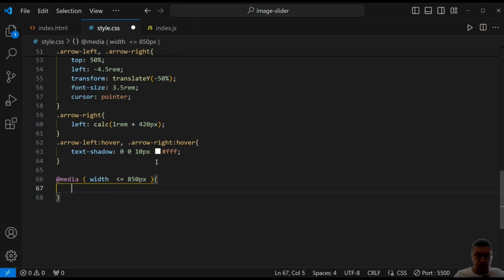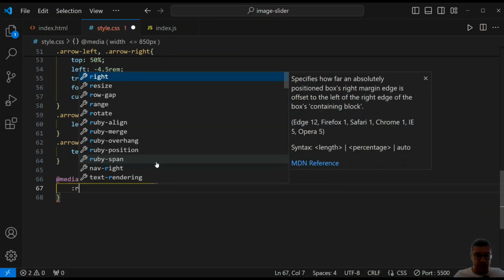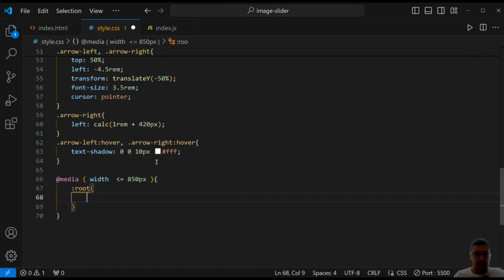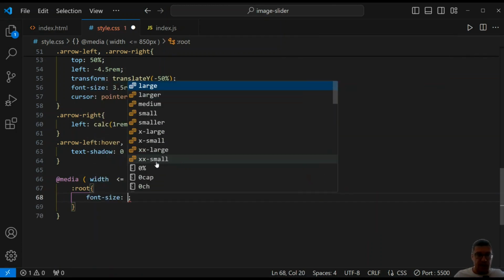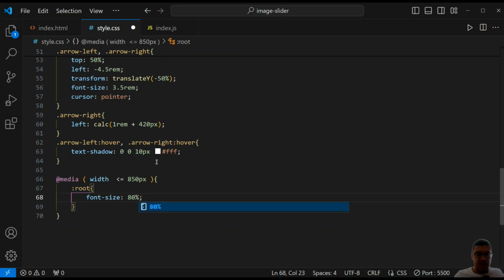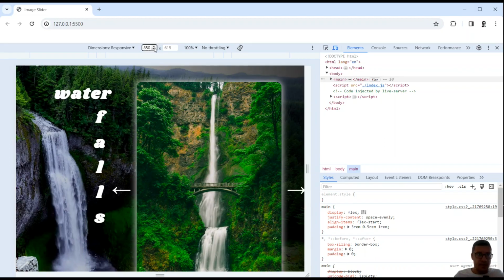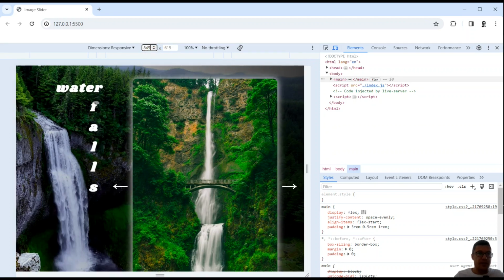On my root element I will put font size to 80%, and I made a short video about this. It should appear somewhere up here so you can have a look. When we save now and go 1 pixel below, you can see my text is smaller